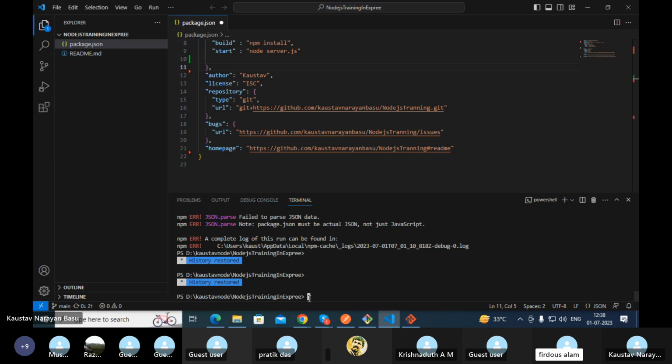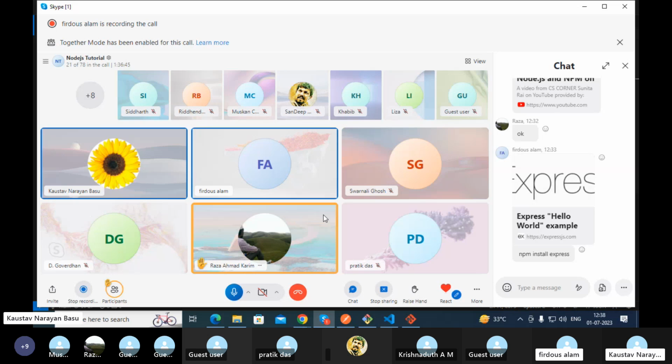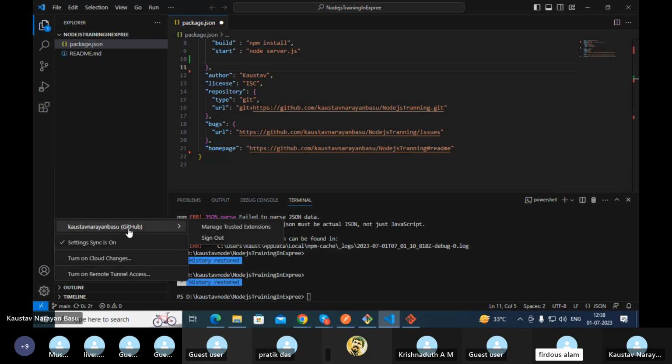Yeah, Raza, I can see your sign up hasn't been done properly with Git. That pop-up was coming continuously, right? So give the proper username and password, and then only you will be able to.